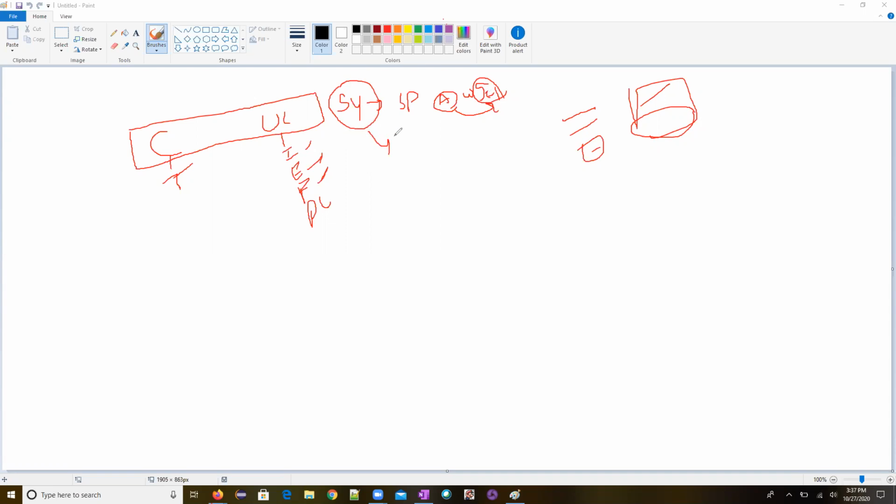To handle the synchronization issues, we have these 5 categories of waits. The first is Thread.sleep. I have given 5,000, which is in milliseconds. So 1,000 milliseconds is 1 second. How many seconds will this wait? 5 seconds. It will wait 5 seconds.